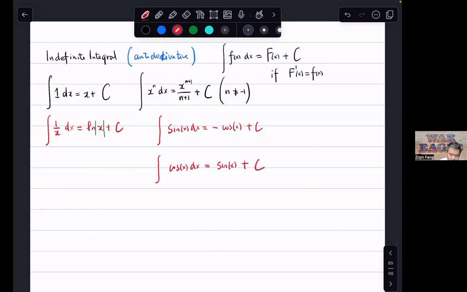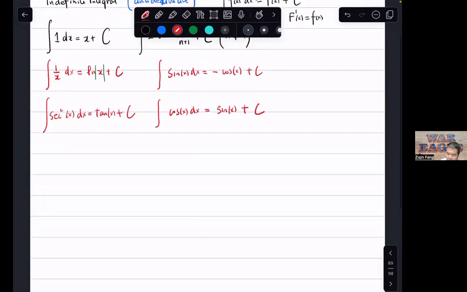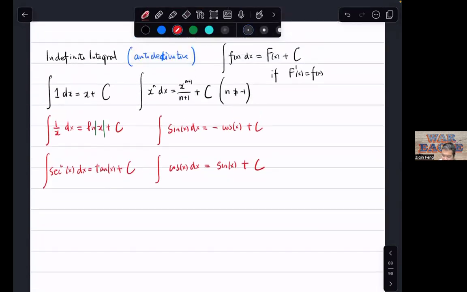Integration of secant squared of x dx is tangent of x plus c, plus a constant, and one more very important one, integration of e to the x dx is e to the x plus c,